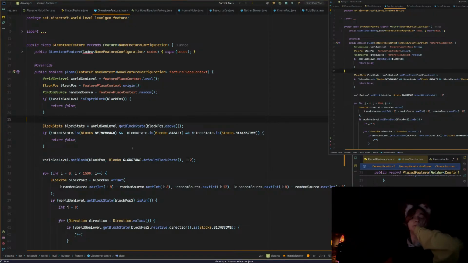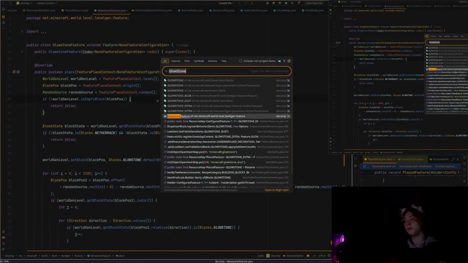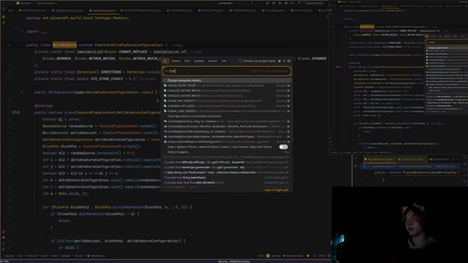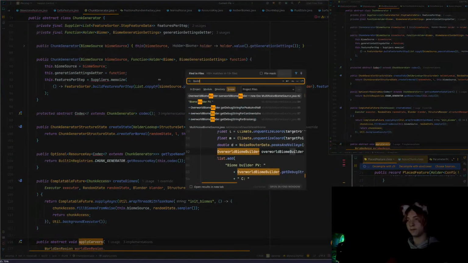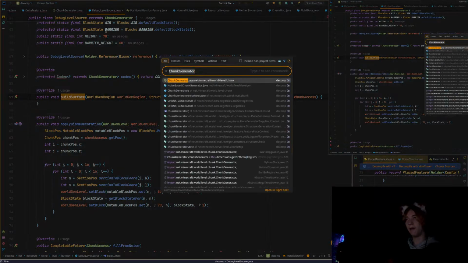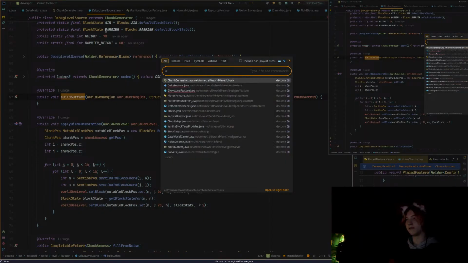Alright, and what we're going to do now is go ahead and go to the chunk generator, which is responsible for building the features. It's called build surface. Not build surface, I'm sorry. It's